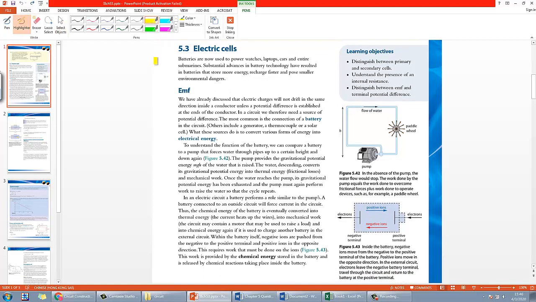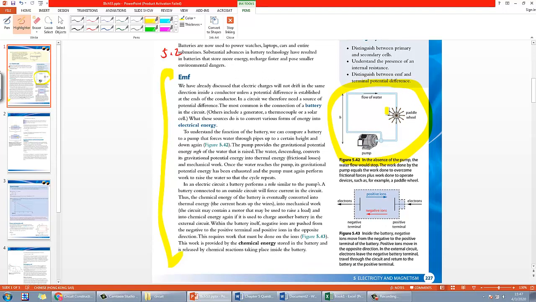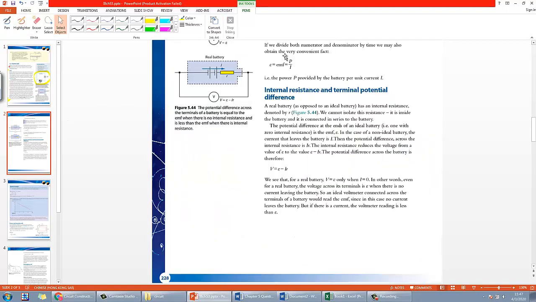So on the first page here, it actually doesn't have much new idea, most of the ideas here have already been covered in 5.2, so I'm not going to repeat them. The basic idea is you can consider the circuit as a water pump system where it can pump up the water and store gravitational potential energy. The pump is the battery, and the wheel is simply the resistor. And yeah, something about the energy. I think you basically learned all these things in year 10 already,